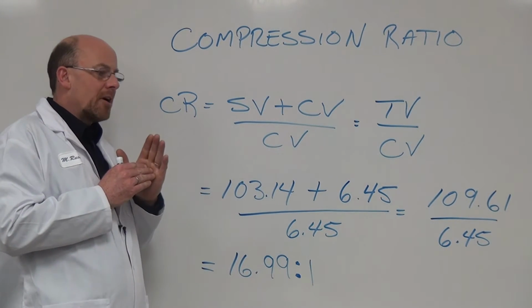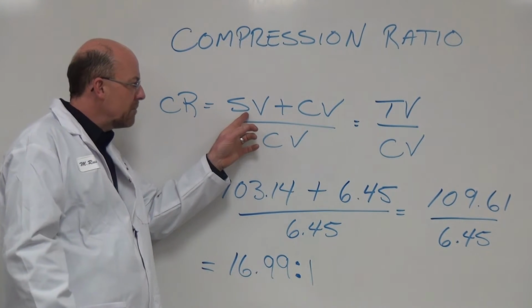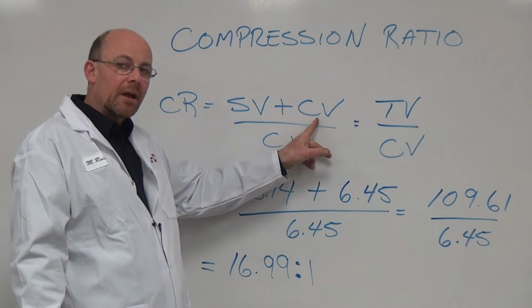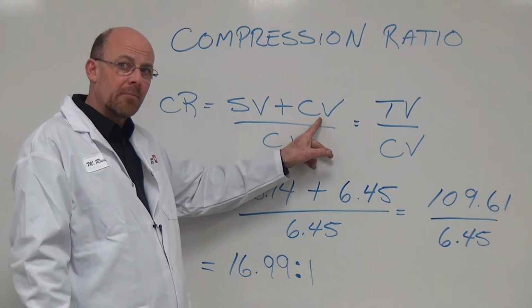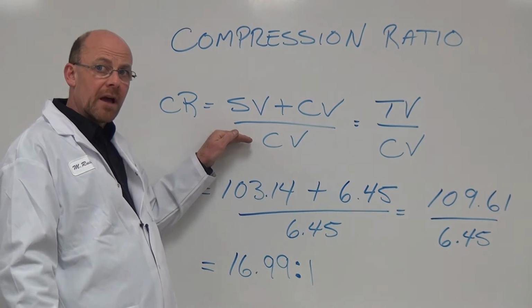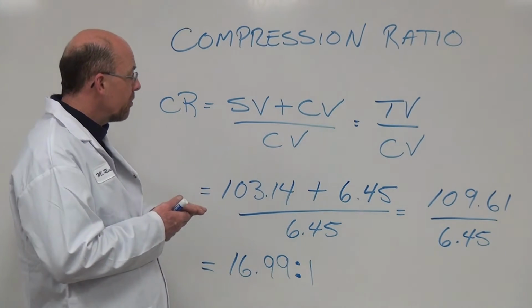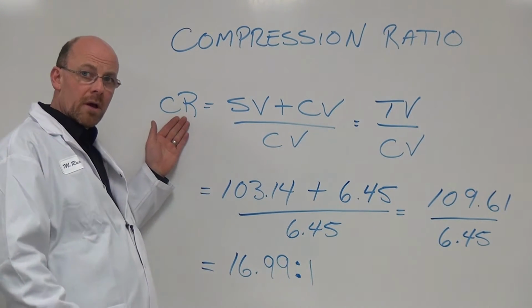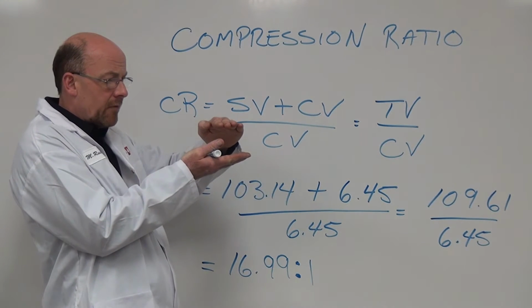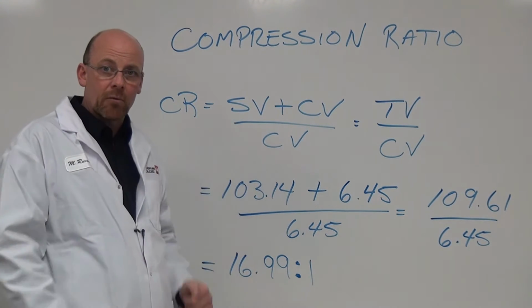So no matter how much we have with the sweeping movement and the available room on the top of the piston head or in the cylinder head as the combustion chamber, we always divide it by our available clearance volume that we have. And that's how we come up with what's called our ratio of how much we compress that sweeping volume into the available clearance volume at that ratio.